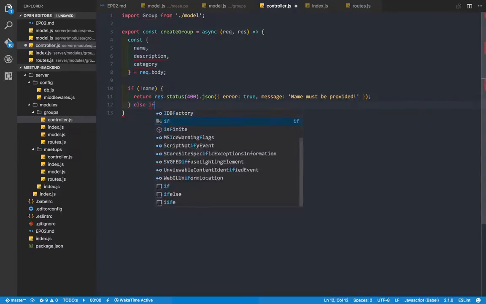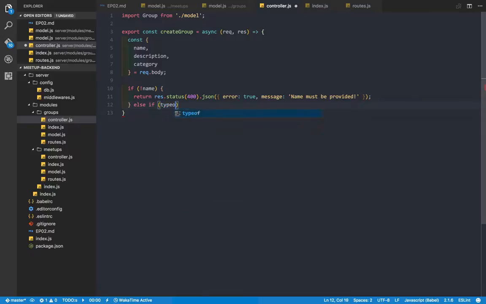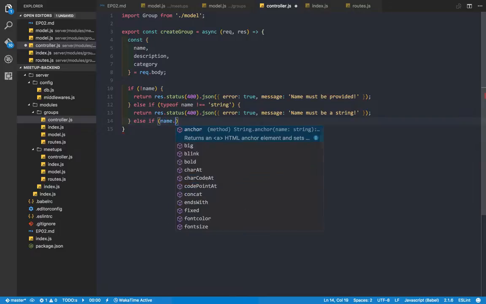After that, I'm gonna do an else if typeof name is not a string. We're gonna create the same, but must be a string. After that, we're gonna do another one. So don't worry, this is the last one. Else if name.length